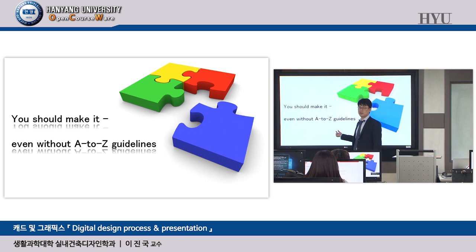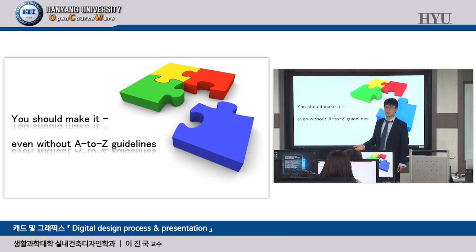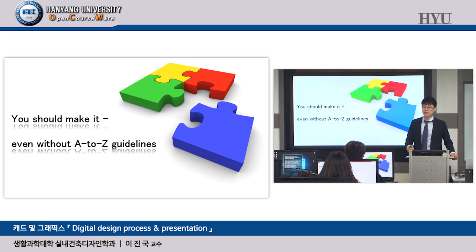A, B, C, D. So you are very familiar with some instructions, very kind instructions, okay? For example, A, open SketchUp. B, click file. C, mouse over, open file, and browse, blah, blah. A, B, C, D, E, F, Z. That kind of very kind ABC guidelines,